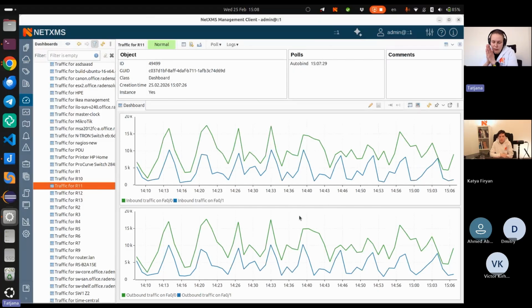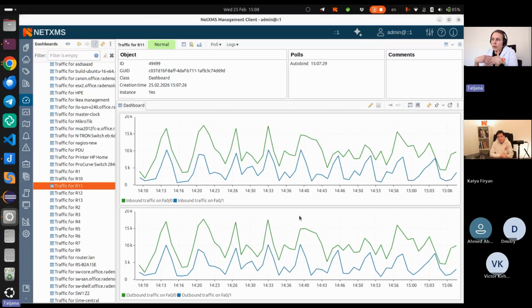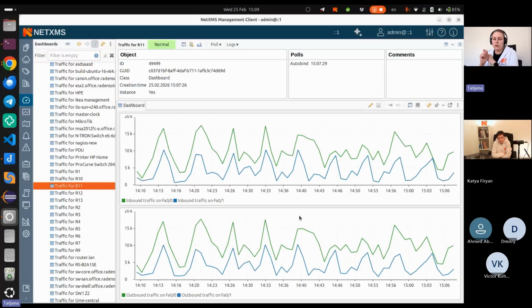So why we introduce different functionality from context dashboard, because like the same could be done with context dashboard. As you saw, I used the same option as for template dashboard. I used like import DCI as a template. Idea here is that on the context dashboard, you should give access to the dashboard itself and to the nodes, and user will see